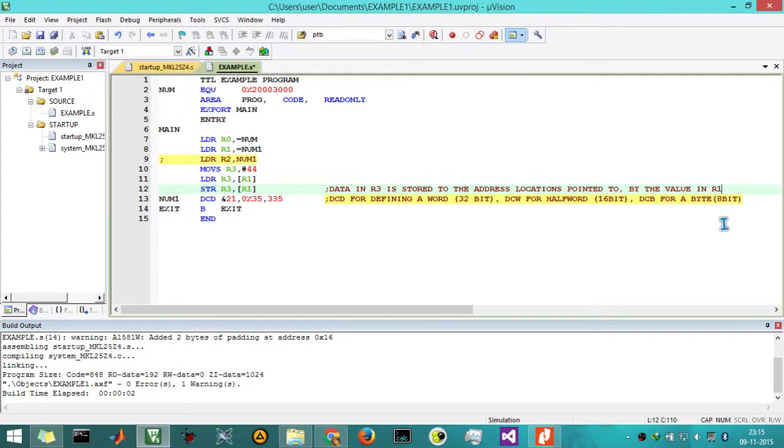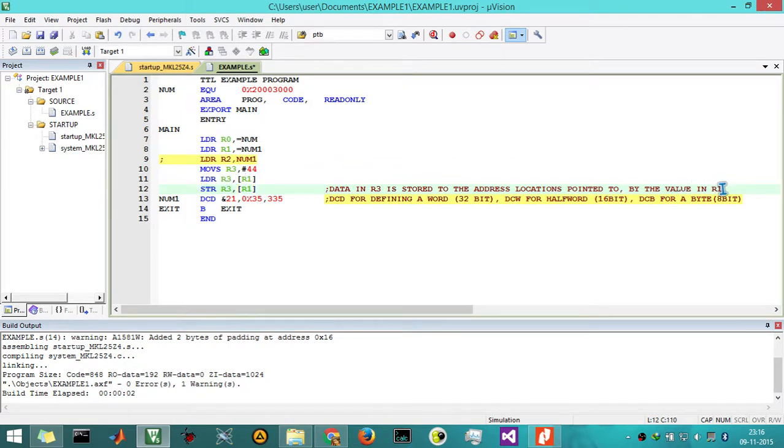Suppose R1 is carrying some data 000021, now the data present in R3 is stored to the location 21 hexadecimal. So this is the meaning of this instruction. Only in the store instruction we are going to get the data flow from left to right. Rest all of the instructions are from right to left.